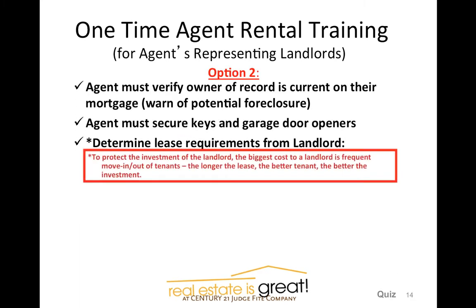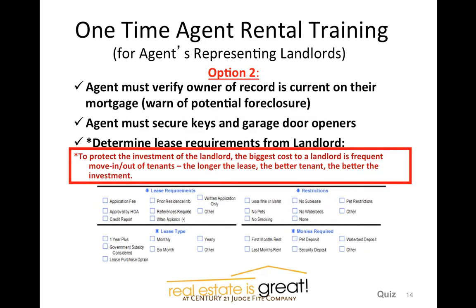The agent must verify the owner of record is current on their mortgage. You need to be warned ahead of time of potential foreclosure. Let me assure you, this is experience talking. You do not want to put a tenant in there. The tenant pays their rent to the owner. 3, 4, 5, 6 months later, the landlord just keeps the money, doesn't pay the mortgage, and